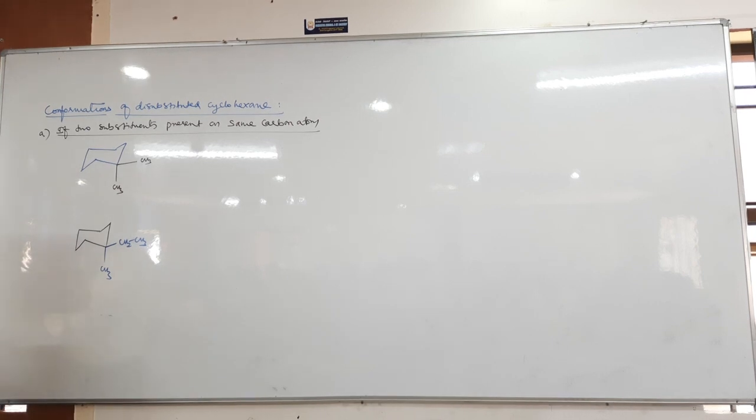Smaller substituent should be present on axial position, and the larger or bulky substituent should be on equatorial position. Okay, example,